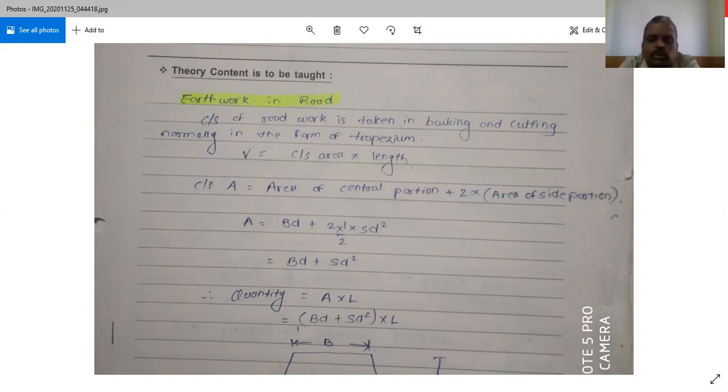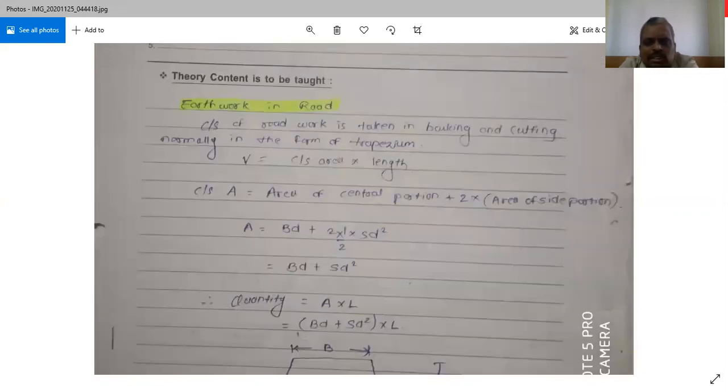The third point which you are going to see is a well. And the last point in this topic is to calculate the quantity of a septic tank. So we start with the earthwork in road. So what it is actually,